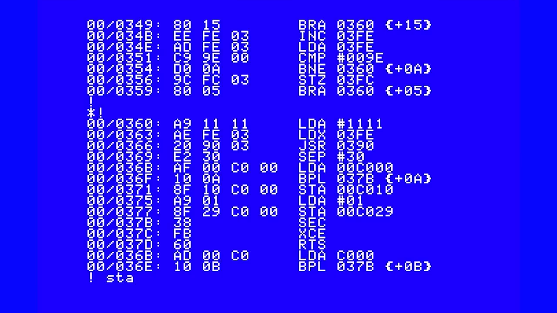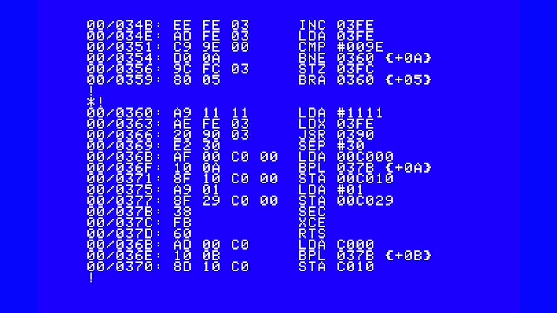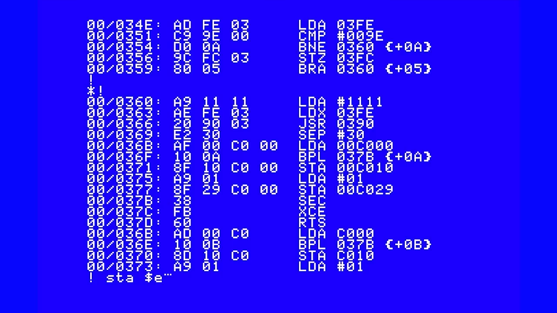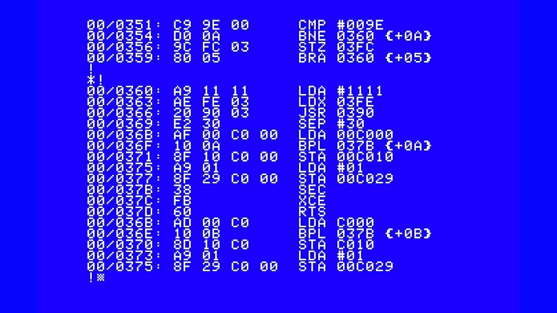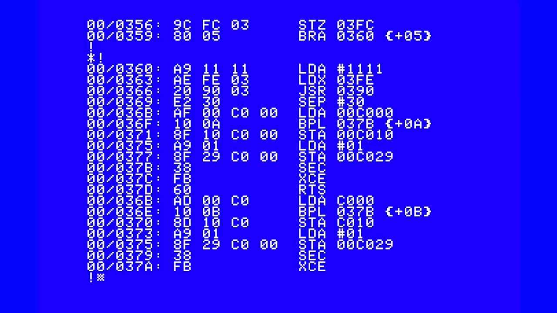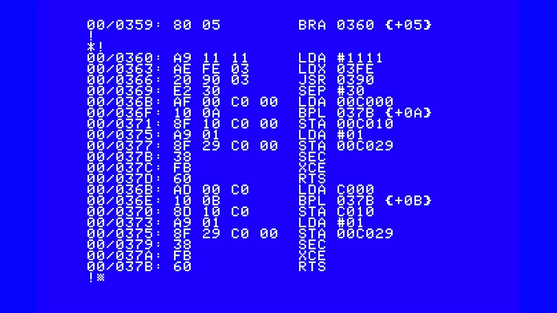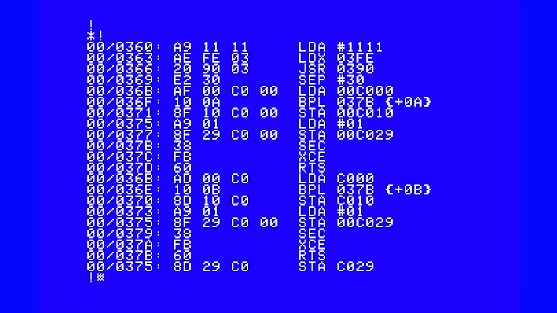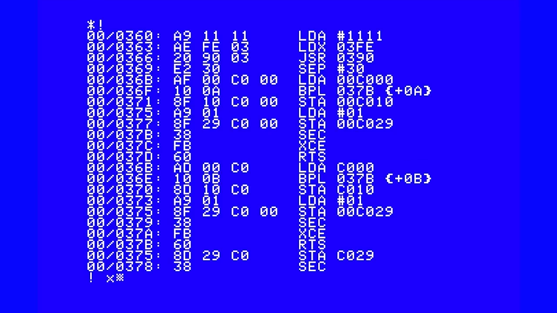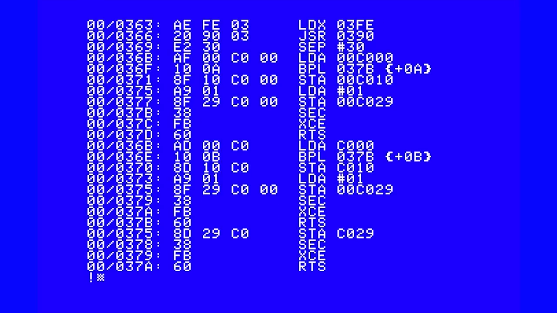Again, if we don't have a key, we skip ahead. If we do get a key, we clear the keyboard strobe, and turn off the graphics screen. Sorry. And then we can basically return to emulation mode and return to the monitor or the calling program. Oh, let me, still one byte over. Whoops, I'll redo. I don't need a bank here. Just trying to kind of be explicit, but okay, so now at 37B,